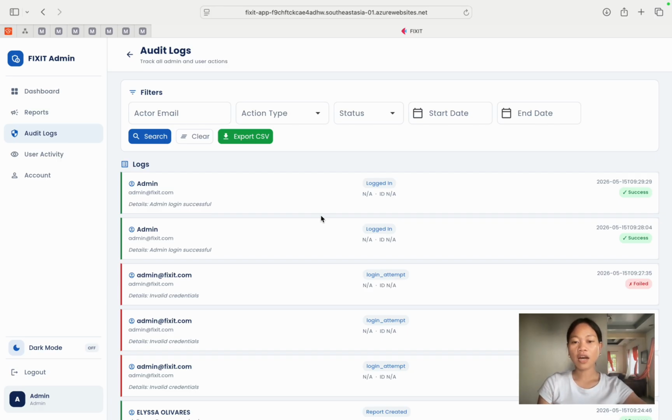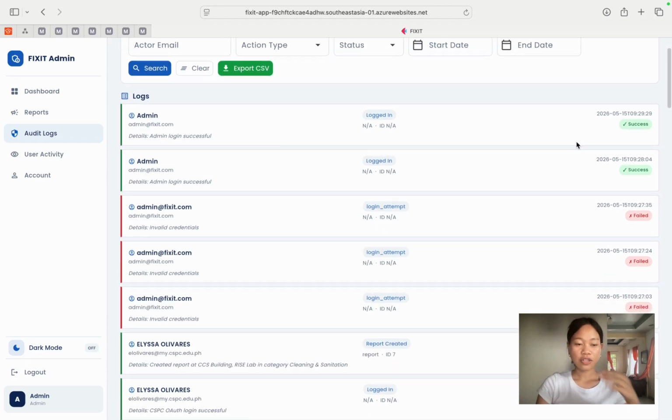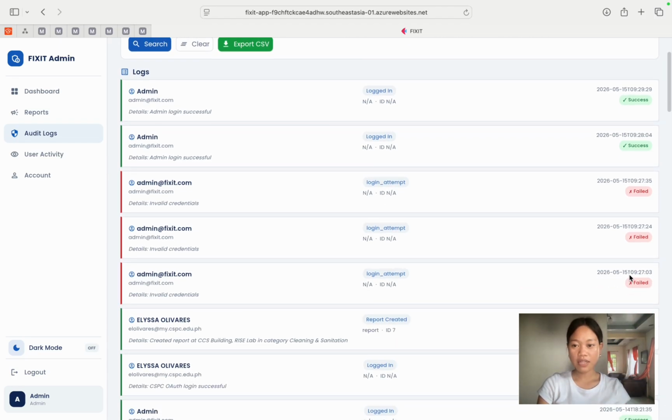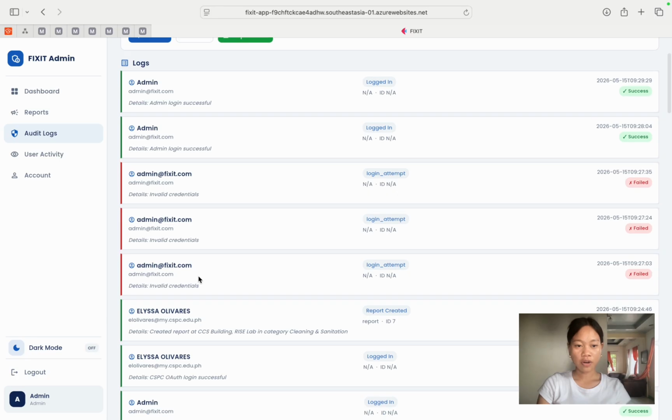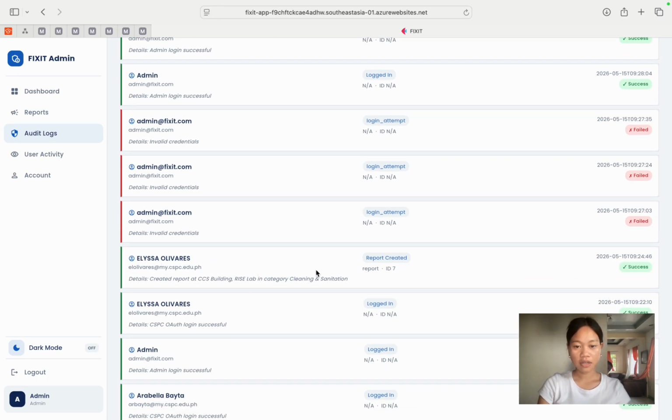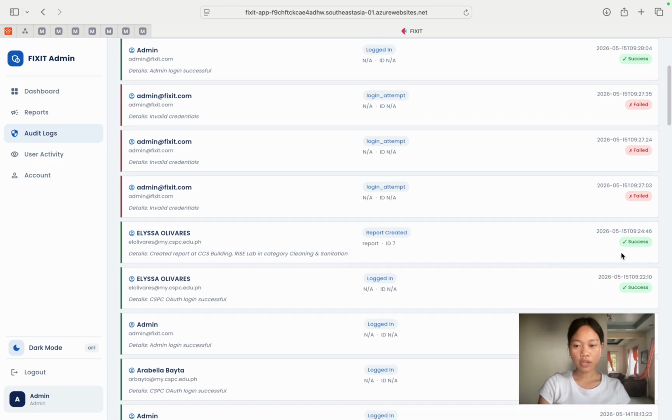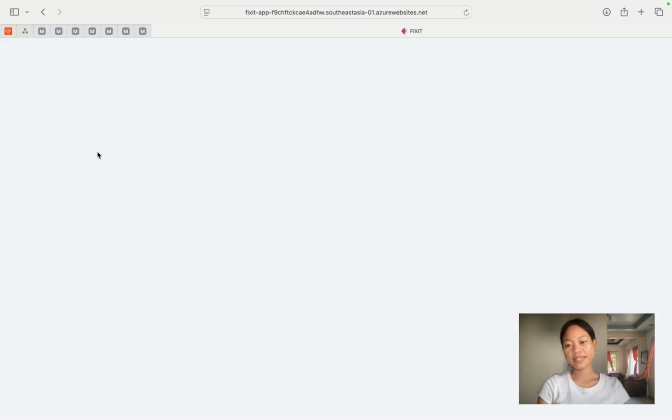In audit logs, the login status can also be denoted as successful or failed. As you can see here, we have success and failed for our admin login and a user login from Eliza Olivares, who created a report and it was successful.